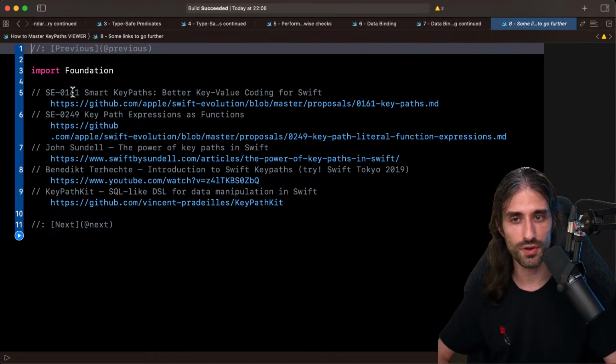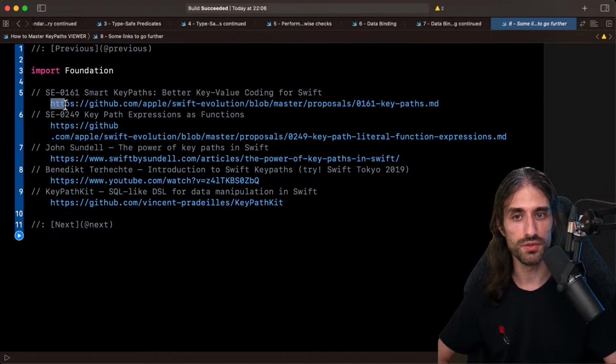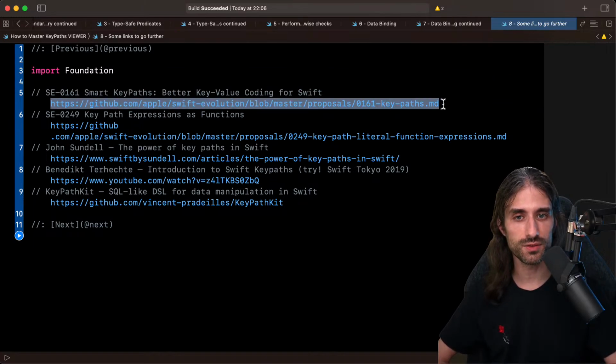So the first two links are the evolution proposals about integrating key paths. This first link is a document that was written to motivate why key paths should be added to Swift. Very interesting. It talks about very interesting edge cases, like the fact you can take a key path to an element in an array or a dictionary.